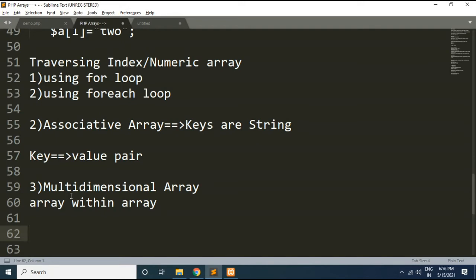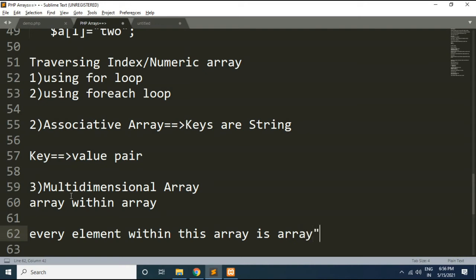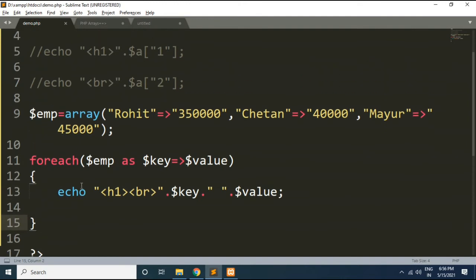Every element within this array will be an array itself instead of an element. That's why it is referred to as a multi-dimensional array. So this can hold other sub arrays as well. So an array or sub array in the multi-dimensional array can be accessed through multiple dimensions. Let's see an example of how to create a multi-dimensional array.